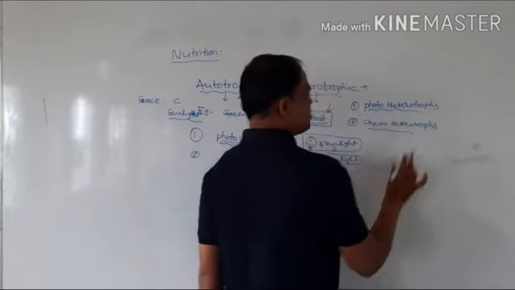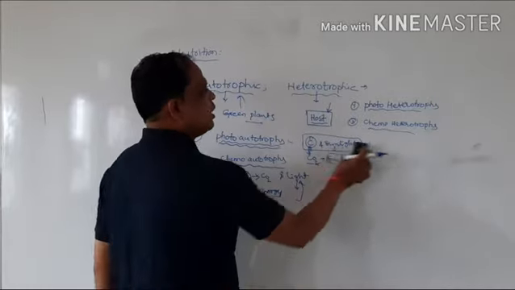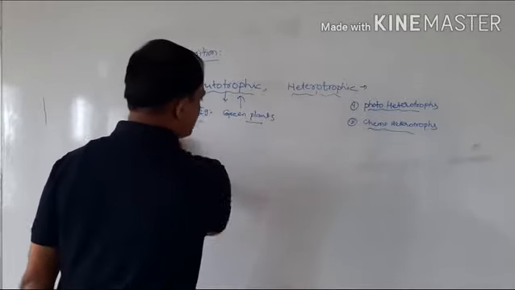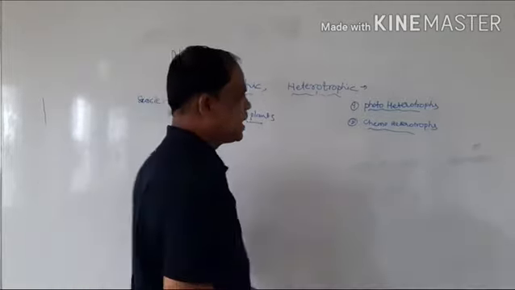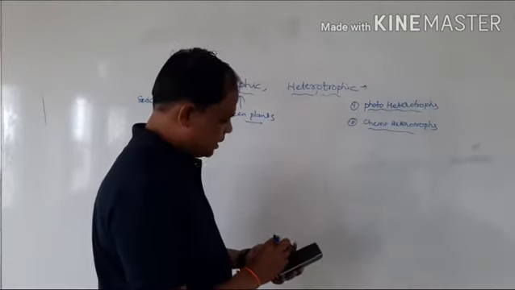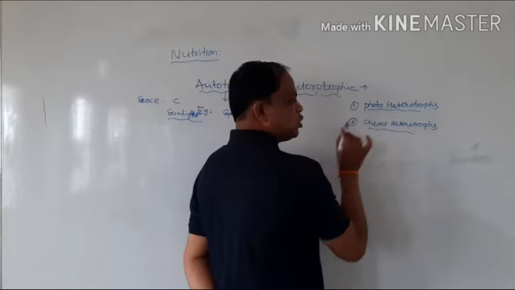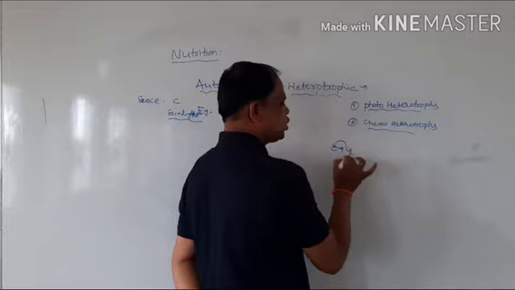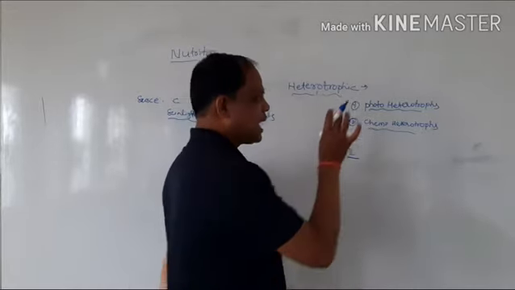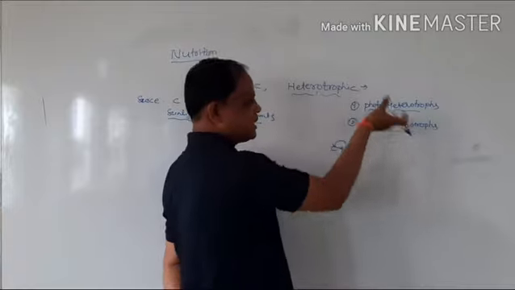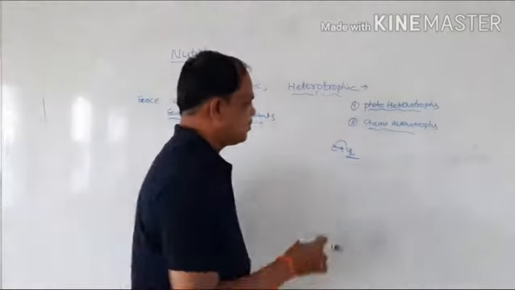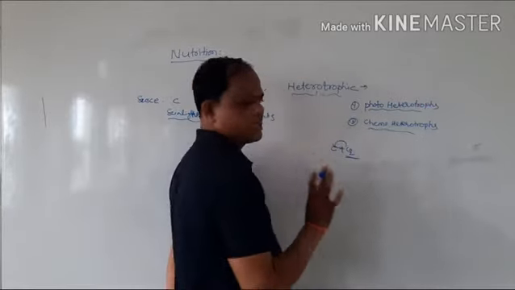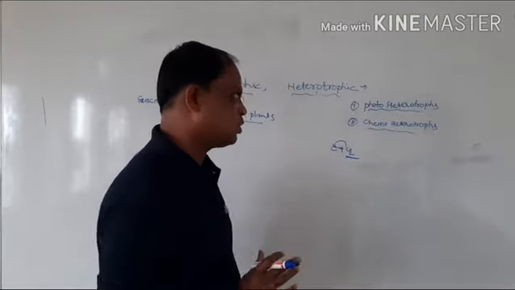Okay, these are the two types, photoheterotrophs and chemoheterotrophs, based on the source of light and carbon source. Again, heterotrophs are divided, and here the photoheterotrophs: the carbon source is directly dependent on environmental CO2, and with light, the oxidation reactions release an energy source. They can utilize this energy and synthesize food materials. That is also called photoheterotrophs.